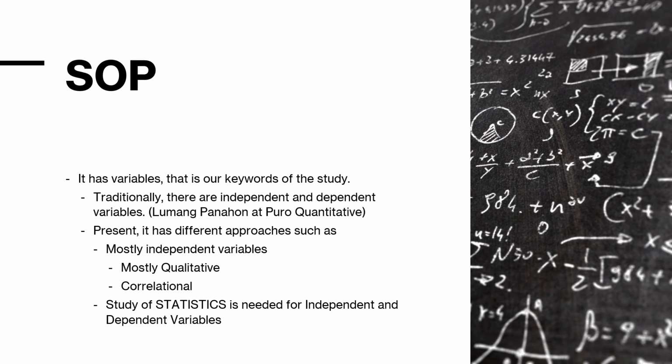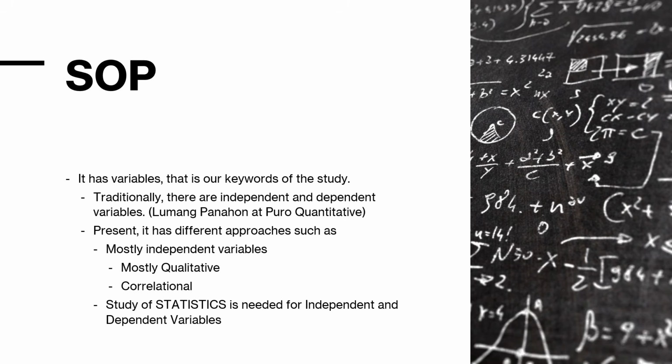Now, when we talk about variables, traditionally there are independent variables. Way back before, traditionally researchers looked at the independent variable, and they wanted to see those things. However, those are the previous works, which were more of a quantitative approach. The quantitative approach really wants to have the independent variable, especially if the research is about causality, or what we call cause and effect.